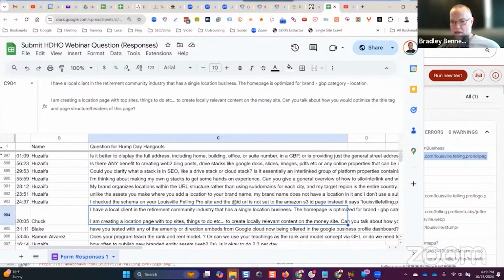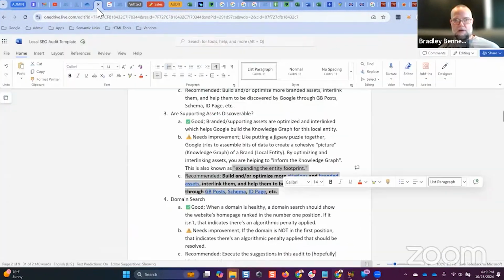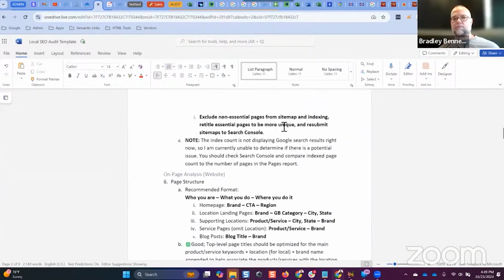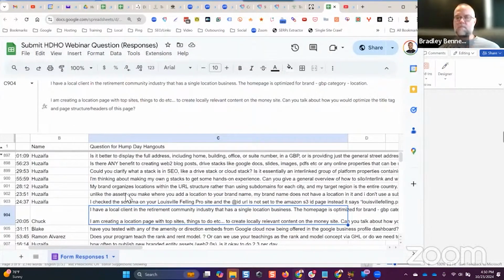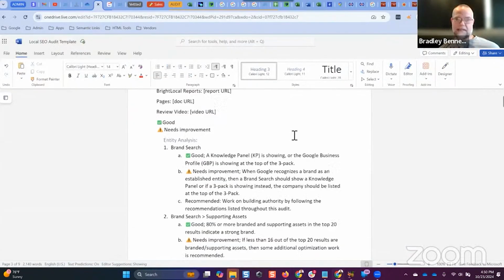Yeah, it's the same thing that I talk about in all my audits. So if we come back over here and look at that audit document, I always reference this right here. This is the page structure section. So I always go through this, but what was his name? Chuck. Chuck, I have a local or full SEO audit service where I go through this exact document right here,